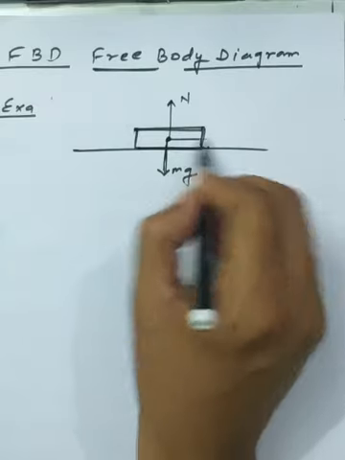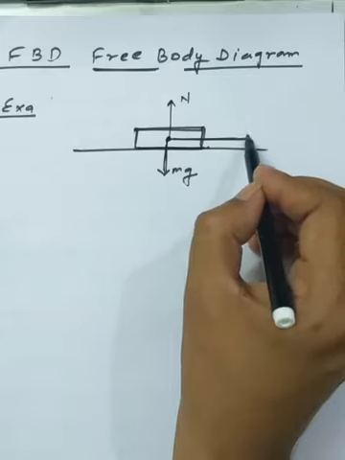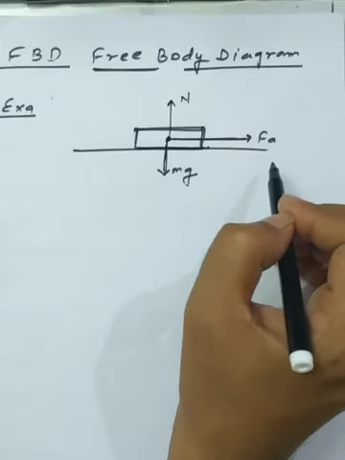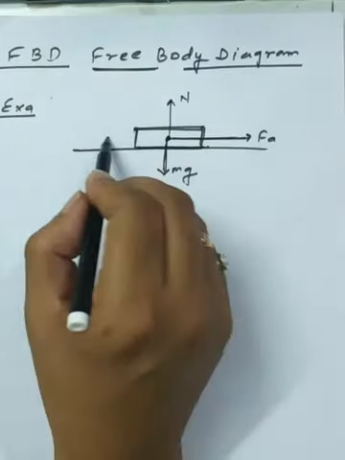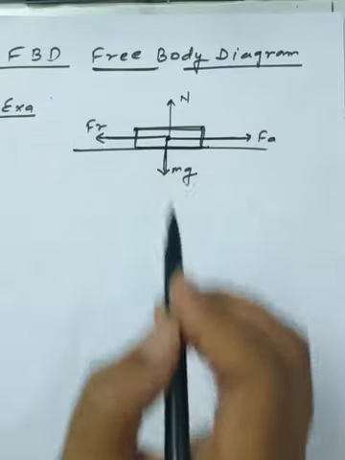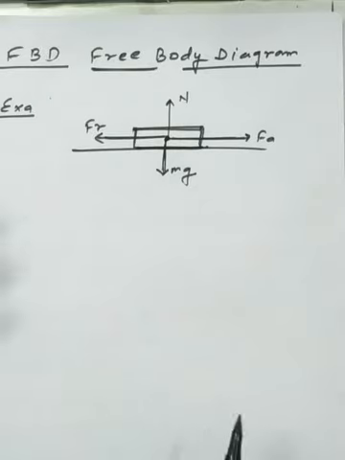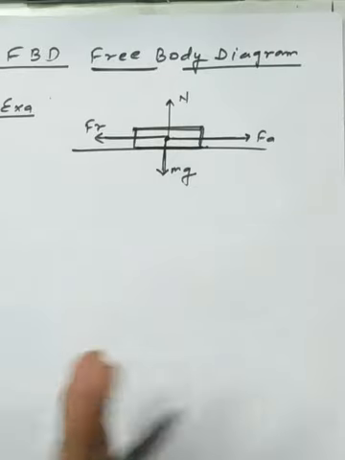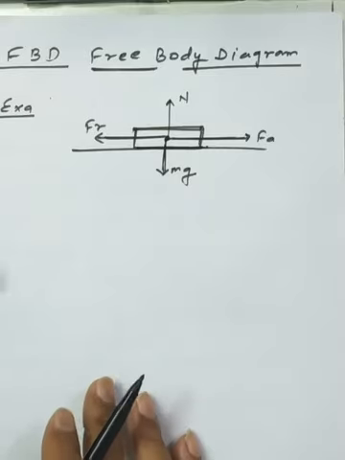Somehow I am applying a force to displace this box or object. So we know in what direction we have to apply the force of friction. So this is the direction of the force of friction. So the simplest method through which we can resolve the various forces on an object is called the FBD concept.